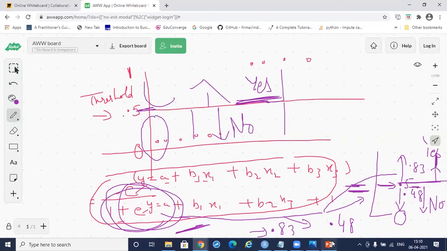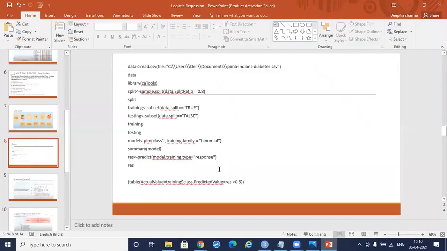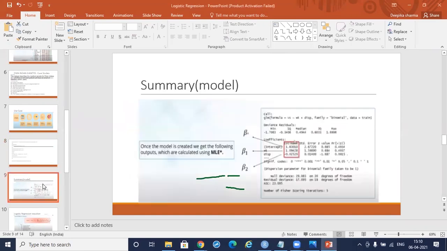The same thing is given here: show me all the values which are above 0.5. The response, show me the predicted value greater than 0.5, is going to deliver the values which are above 0.5, meaning the yes values. And when we run these codes in R,